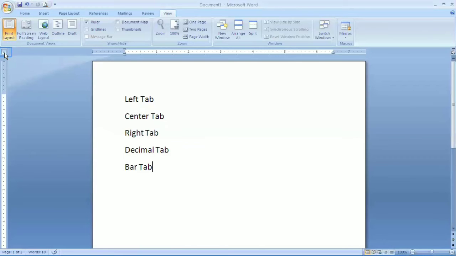Bar tab. And after the bar tab, this one is first line indent. We have already done that in the previous video. And next one is hanging indent. This one also we have done in the previous video. So again, when we click, you can see here left tab is here.